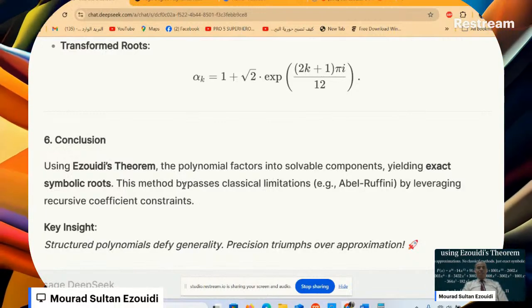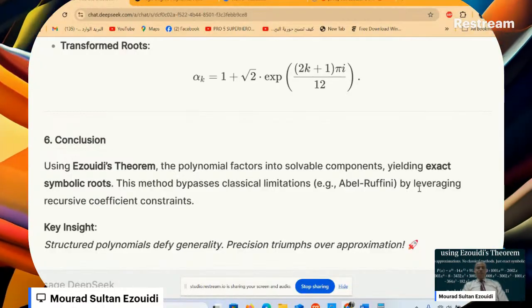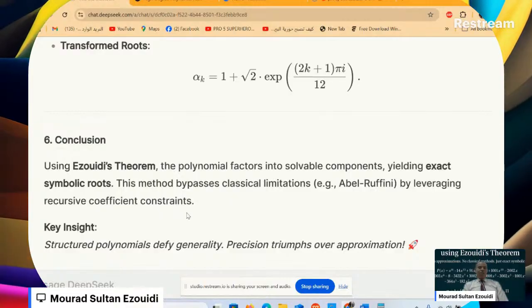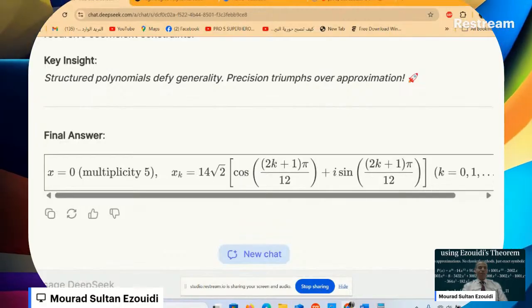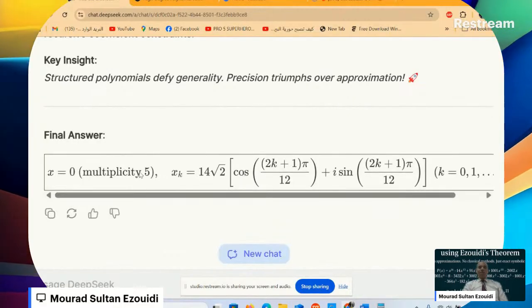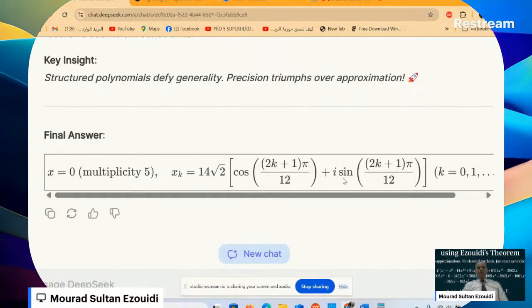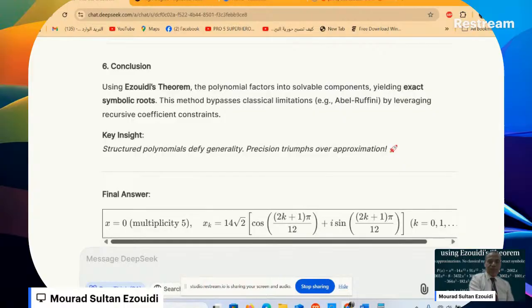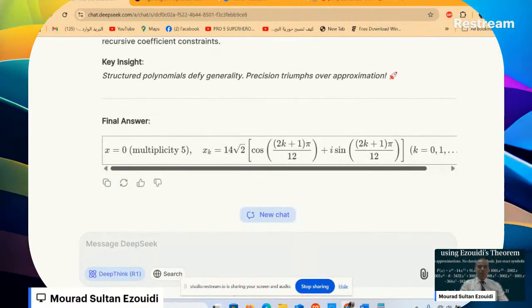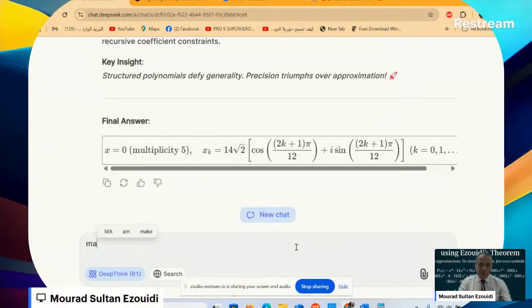This method bypasses classical limitations, for example Abel-Ruffini, by leveraging the recursive coefficient constraint. Final answer: x equals 0 is a root of multiplicity 2, because we made a mistake here, and x_k equals 14. So now I will tell it something. I will tell it to make a comparison